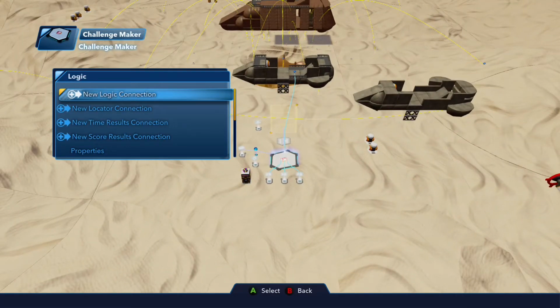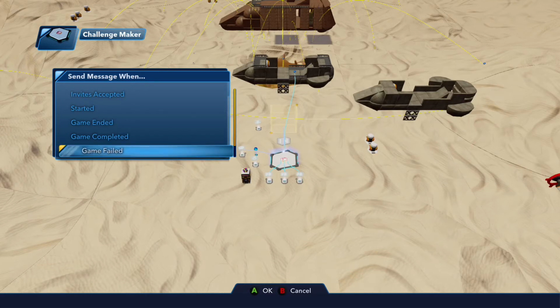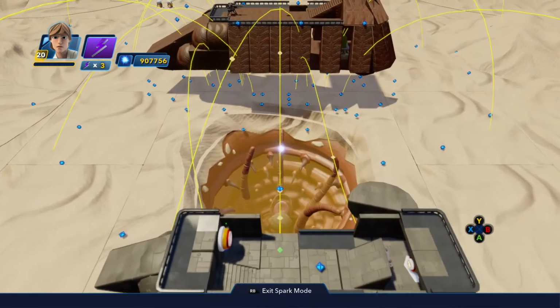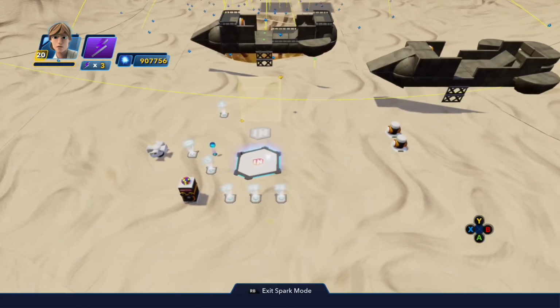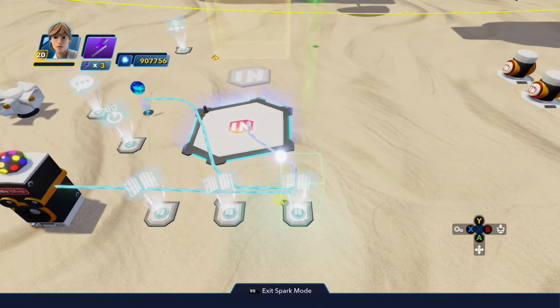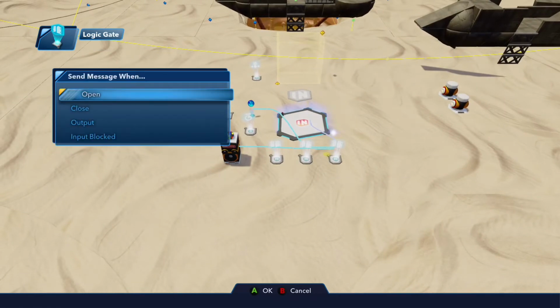Alright, we also need to reset the plank when the game is ended, completed, or failed on our stationary skiff. We want that to be retracted back to its original starting position. So that's the plank that moves along the path there. So we'll come to our third logic gate here for our game ended logic, and we will select new logic connection on output,